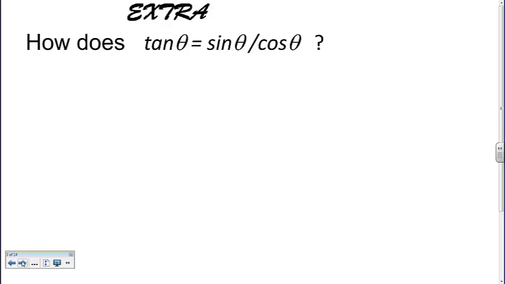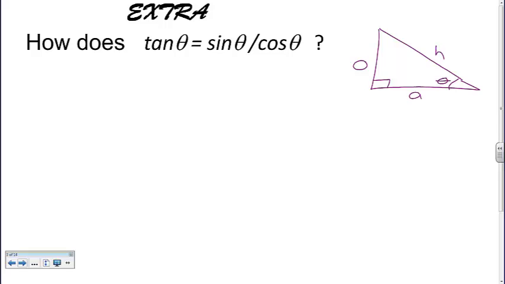Okay, so how can we say that tangent of theta is equal to the sine of theta over the cosine of theta? Well, using a little bit of algebraic manipulation and some of our basic knowledge, we can figure this out quite easily. Let's start with a right triangle. We have our right angle down in the corner, and we have a given reference angle we're going to call theta. We're now going to label this triangle with the hypotenuse, the opposite side across from theta, and the adjacent